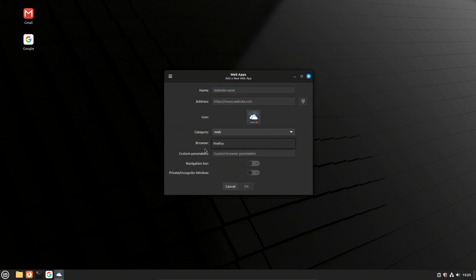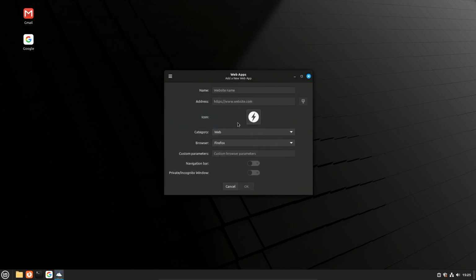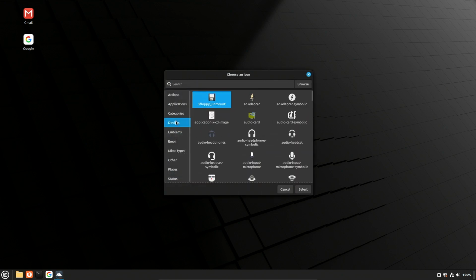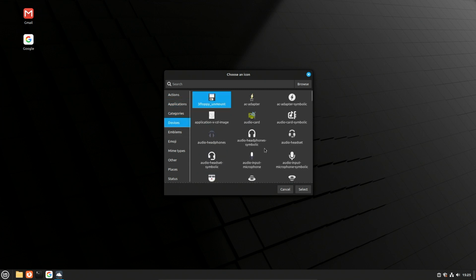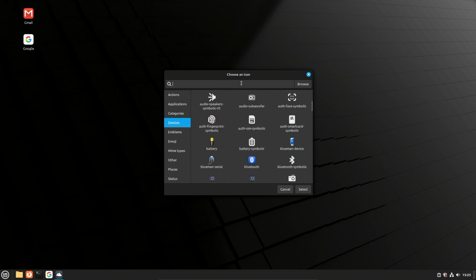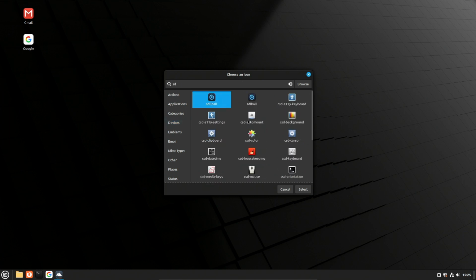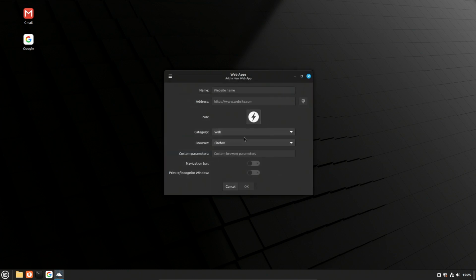And if you look at when we add something new, we can actually have multiple browsers here. Now you see Firefox is the only one. I can choose what category it goes into. I can even change the icon here. So it could be, you know, something else, right? There it is. I missed it, but I thought I seen an SD card logo in through here. Let's see here. Huh. I guess that was my imagination. Anyway, you can add a different icon.